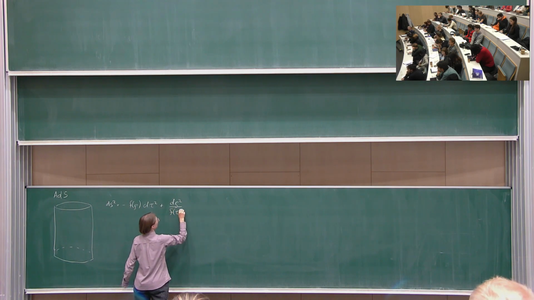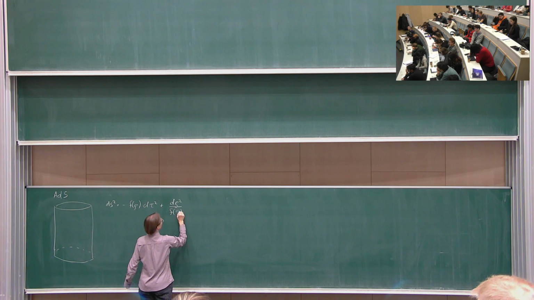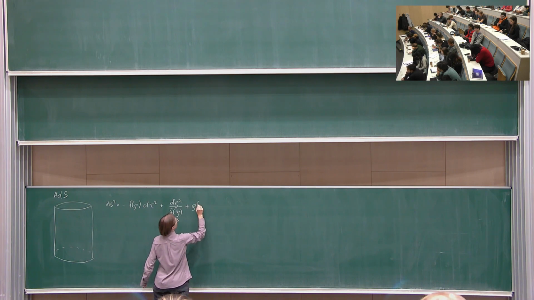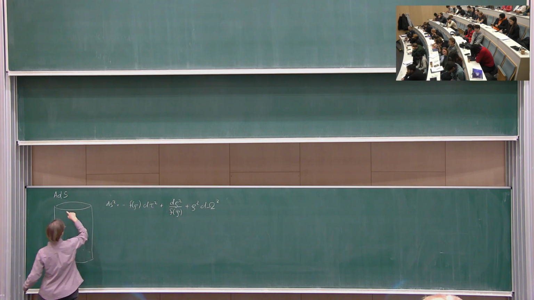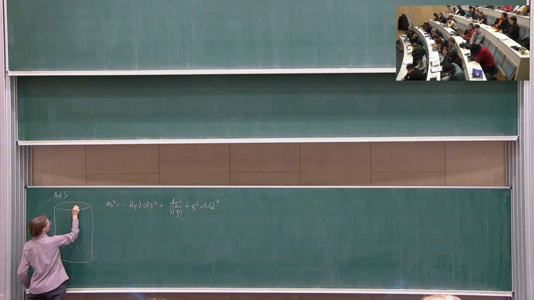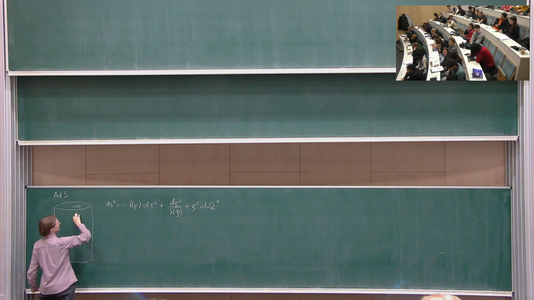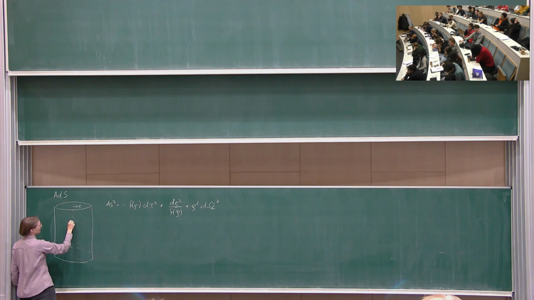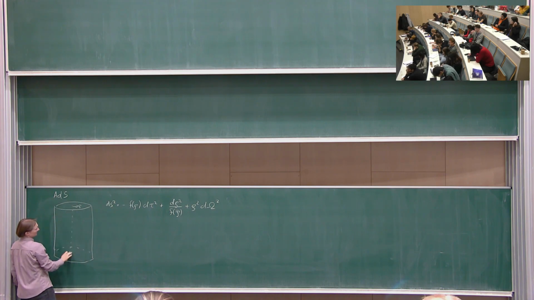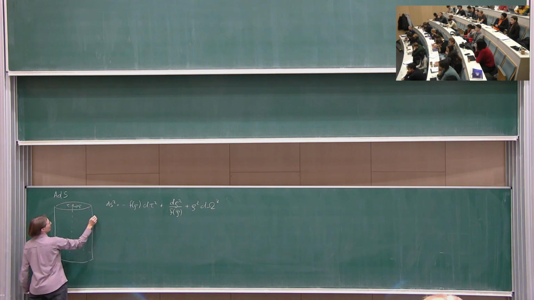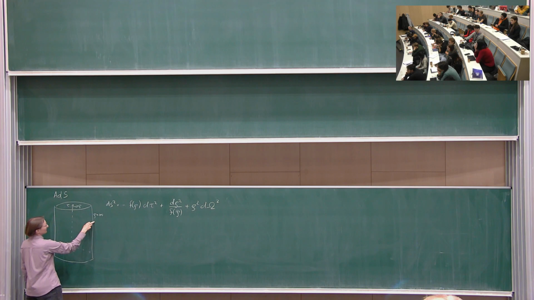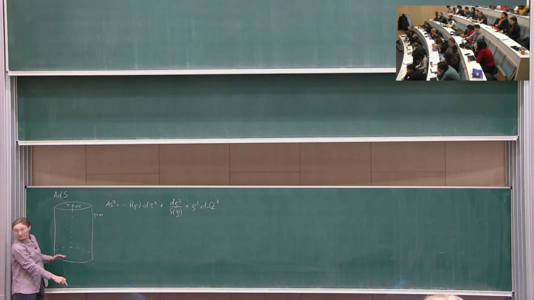But this is manifestly spherically symmetric, where the sphere is this sphere, rho is a radial coordinate, so rho equal to 0 is the tau axis, and rho equal to infinity is the boundary of the cylinder,